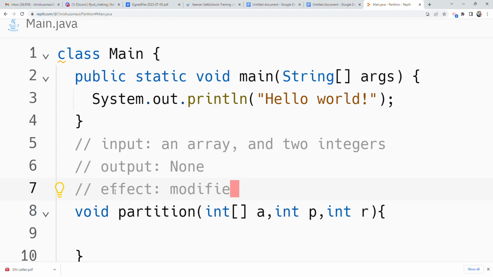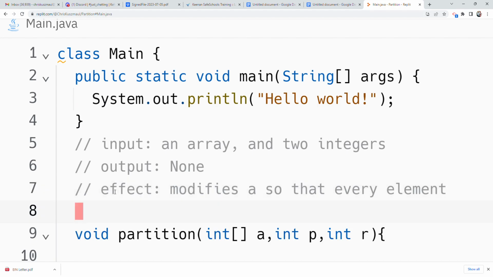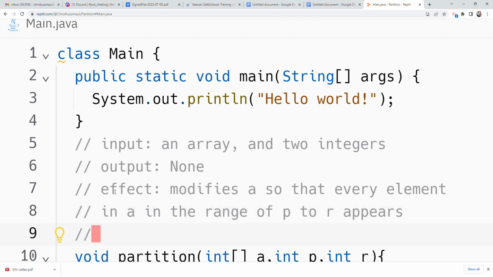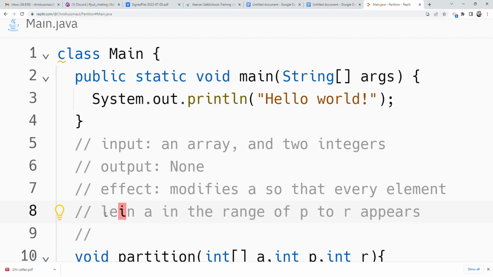Modifies A so that every element in A in the range of P to R, every element less than A of P in A in the range of P to R